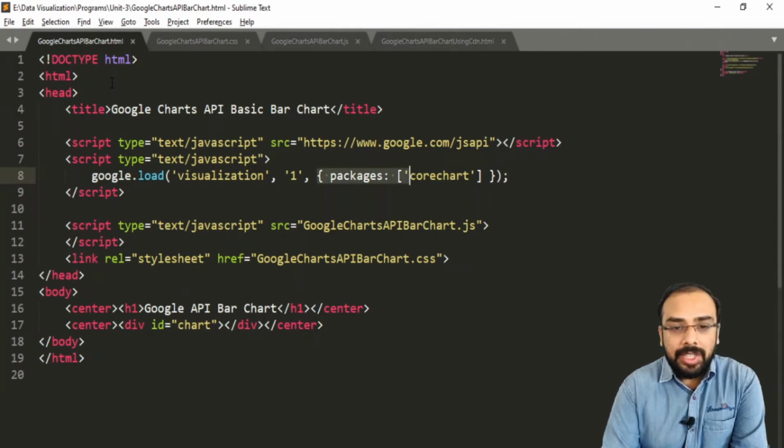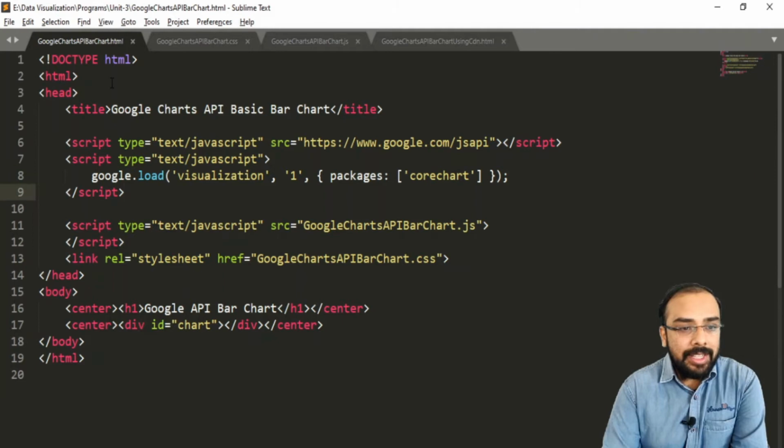This package indicates which type of charts you want to include. Here core chart means all the charts, that is bar chart, column chart, pie chart, all the particular charts come under this package which is named core chart. So we have imported the main package, that is core chart. From this core chart we can directly use our bar chart.